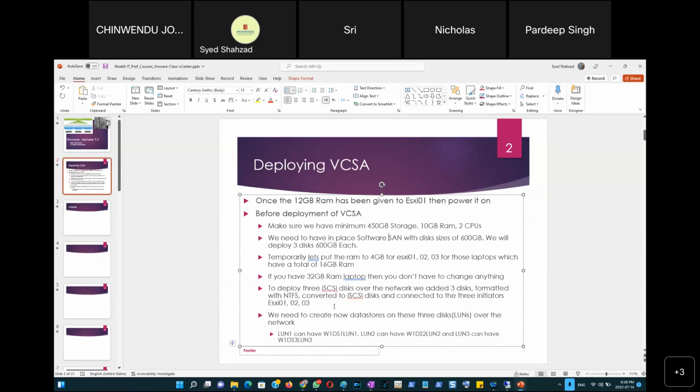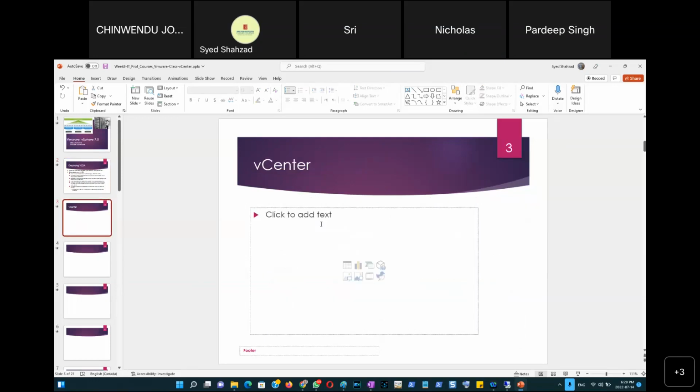To deploy 3 iSCSI, we did that. We need to create new data stores now. We need to create data stores on these 3 disks over the network. Okay, and LUN1, yeah, we did all that. So